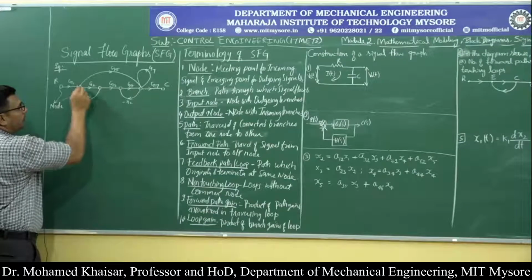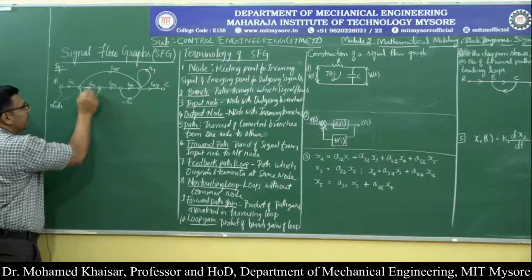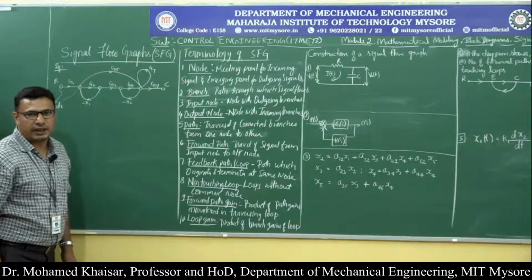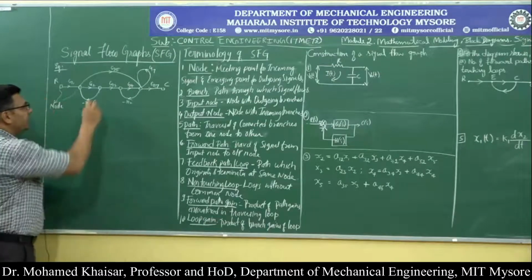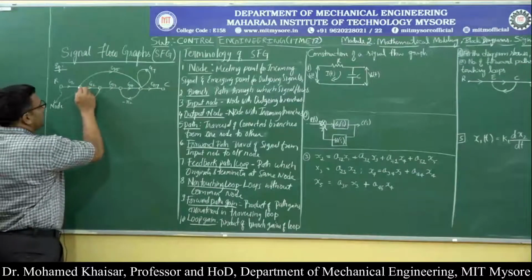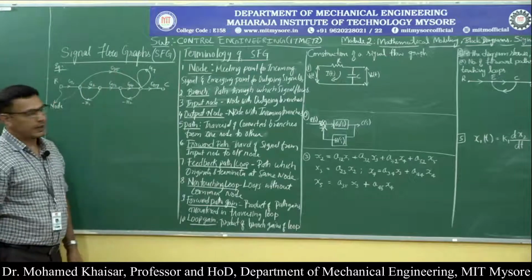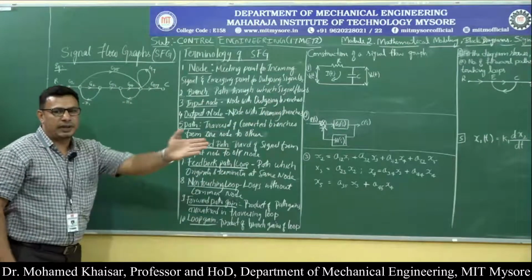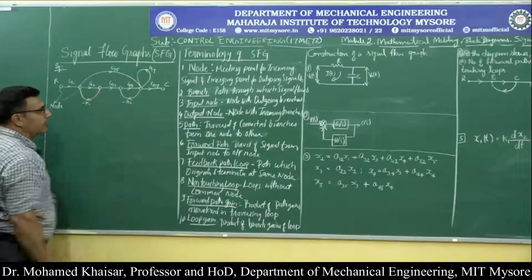Then from this node to this node, again in the reverse direction, in the feedback direction, there is also a path connecting these nodes. So, this is also termed a branch. It is not just in the forward direction that we call them branches. A branch can even be in the feedback or reverse direction. From this node to this node, this path is itself a branch. So, what is a branch? A branch is the path through which the signal flows, maybe in the forward direction as you can see over here, or in the backward direction as you can see over here.